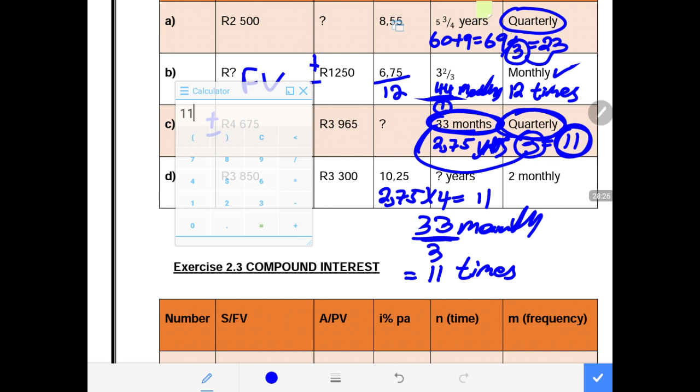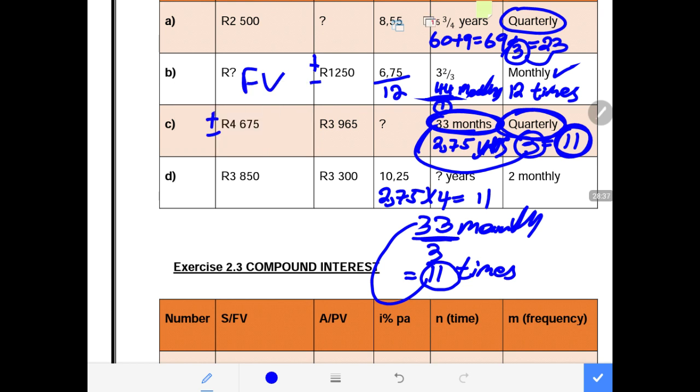I hope I have made myself very clear, guys. This dynamic is very important in compound interest, and you'll be dealing with it also when you deal with the topic of